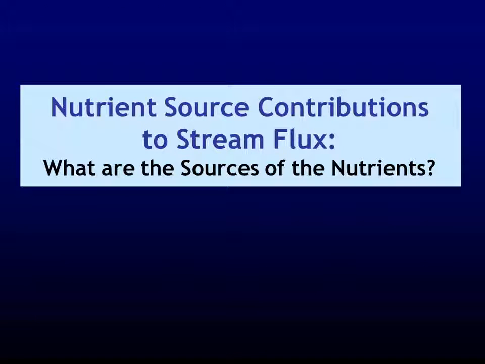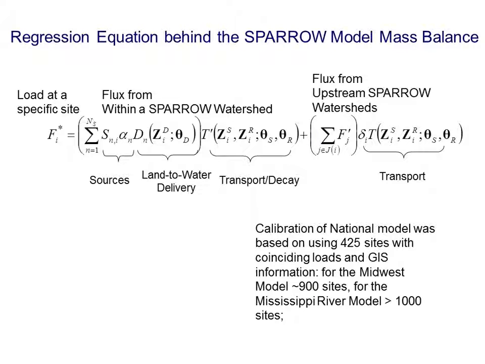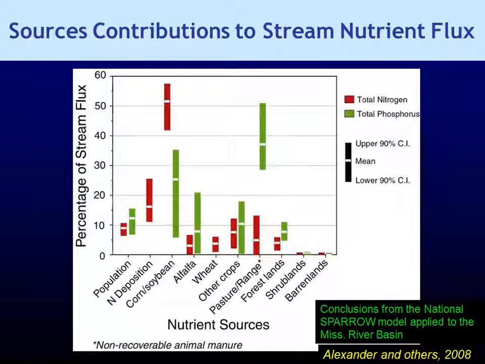And also Iowa's starting to come in there and say almost all of our sites were almost as bad as Illinois is. So we can also use this kind of information to get to sources, because now if you look at that model, for each of the sources, we can track that particular source through the whole thing and figure out those sources. And for the Mississippi, we're able to break it down.